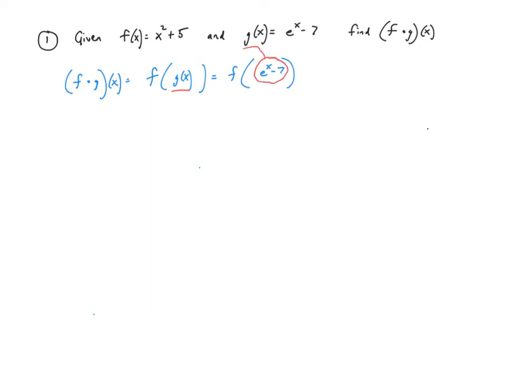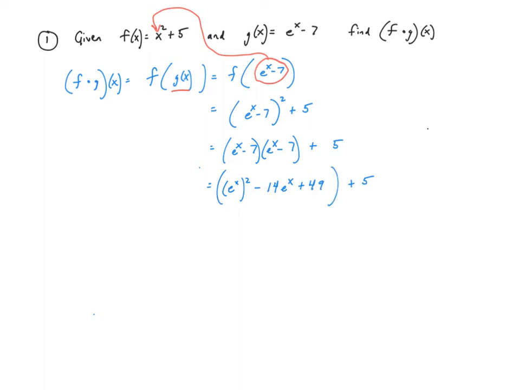That means instead of that x we need to substitute e to the x minus 7. From this we will obtain the quantity e to the x minus 7 squared plus 5. Now we should simplify. So write out e to the x minus 7 twice so that we can distribute. After multiplying, we will obtain the quantity e to the x squared minus 14 e to the x plus 49